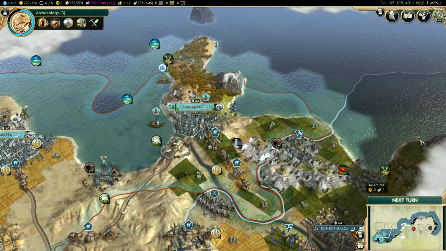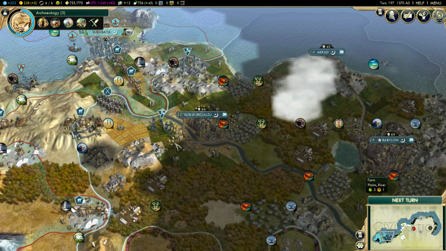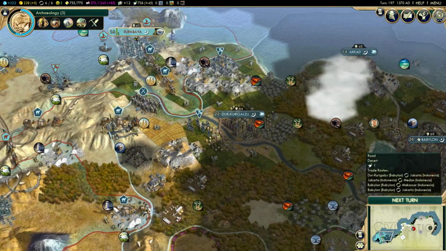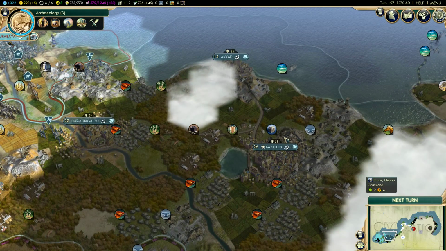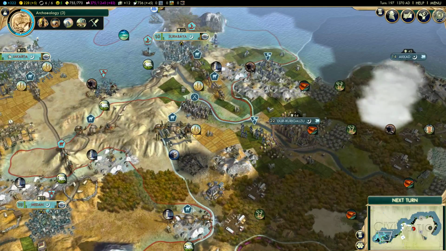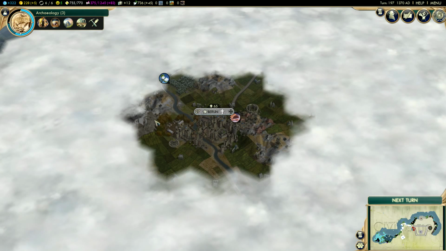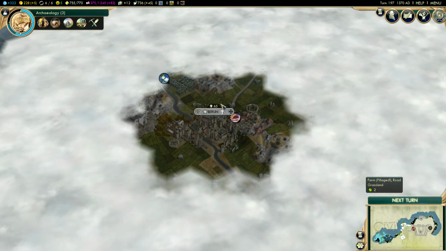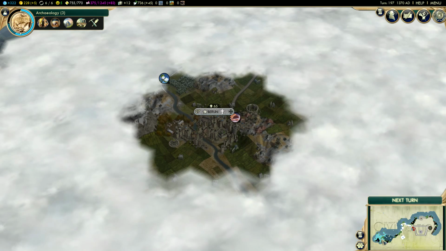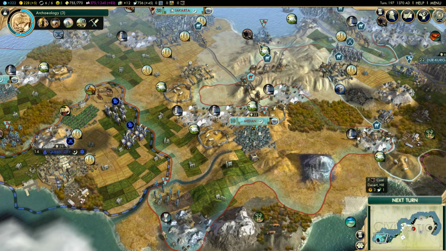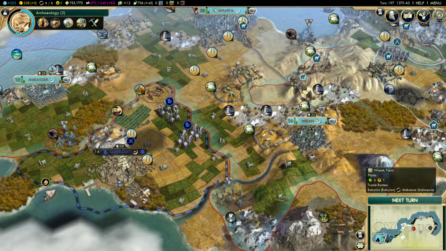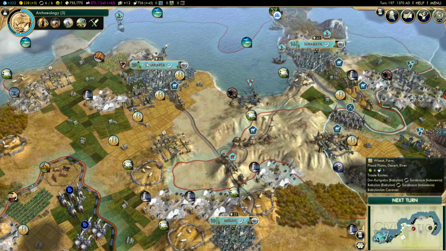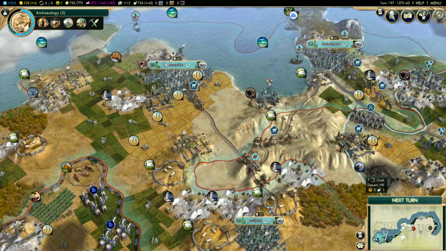That also means that if you are going for domination, especially late game domination, like I was going for here, I was planning on conquering the world with airplanes, you will probably want to go crush the leader of the tourism very early on, because they will probably have a lot of wonders and great works. And once you have crushed the tourism leader, you will usually be secured from alien influences. So I think that about covers everything I had to say.